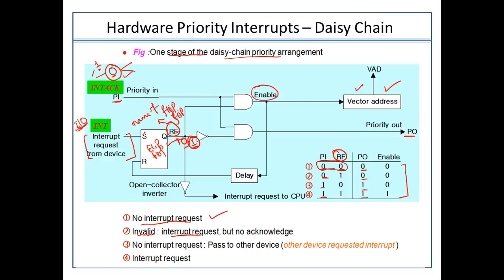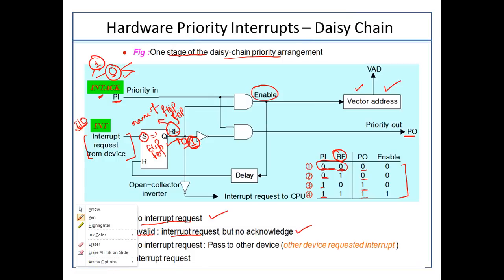See, an interrupt request by the device, only then it has activated the value. This is an SR flip flop. Only if this S value is set, it will depict the result, right? But no acknowledgement from the CPU has come. So again, it is an invalid kind of situation. I hope you are understanding the point here. Then there comes the next point, when the PI is equal to 1. Now we are going to discuss this part.